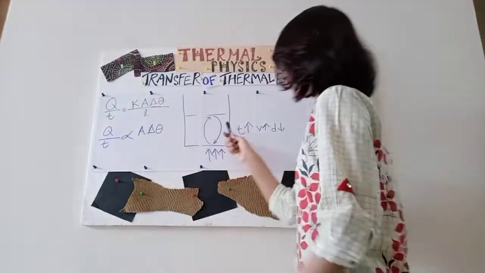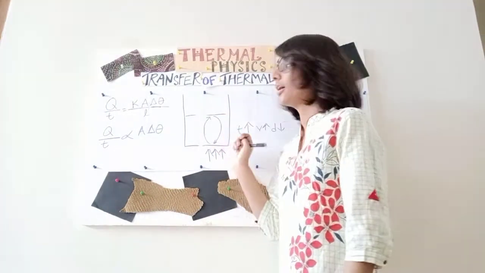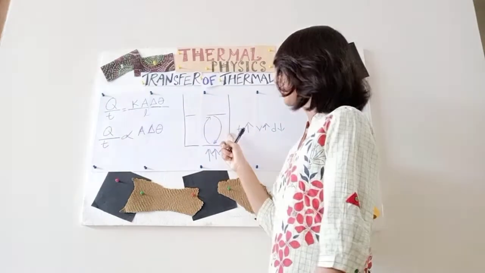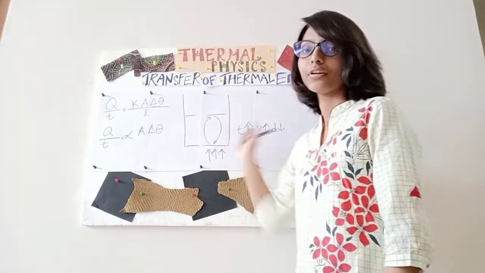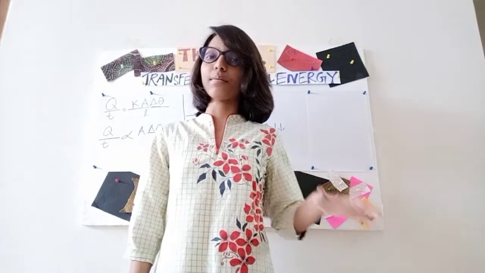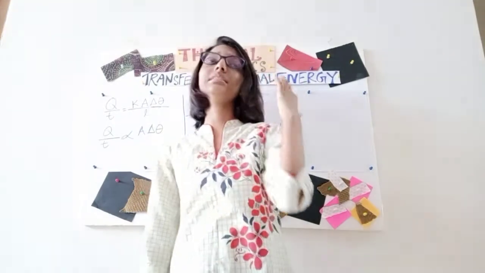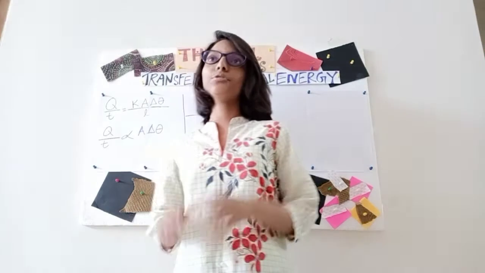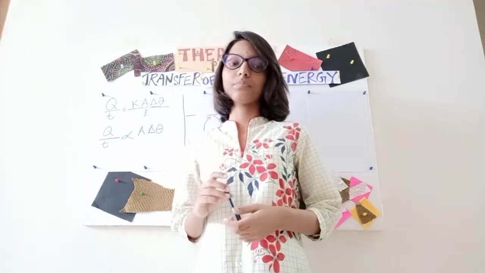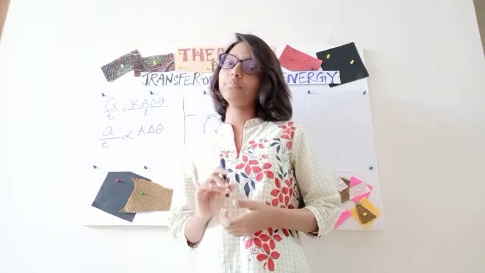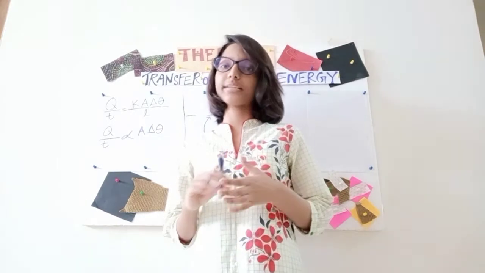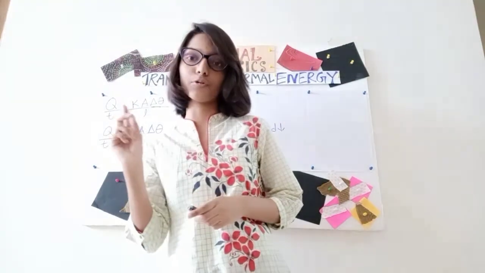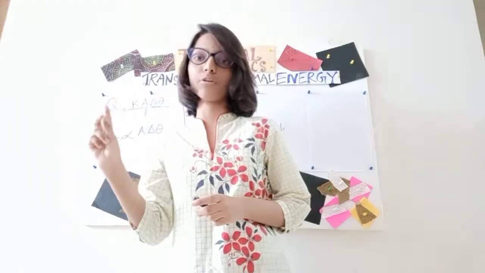In the case of this liquid, the difference in temperature del theta is the difference between the temperature of the liquid and the surrounding temperature, also called ambient temperature. This comes from Newton's law of cooling, which states that the rate of change of temperature of an object depends upon the difference in temperature between the object and the ambient temperature. Ambient temperature is the surrounding temperature.